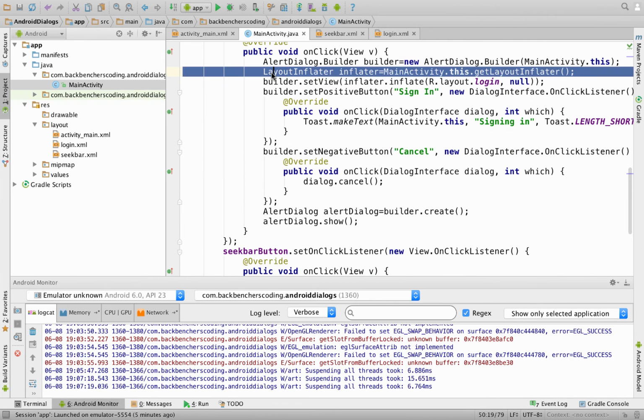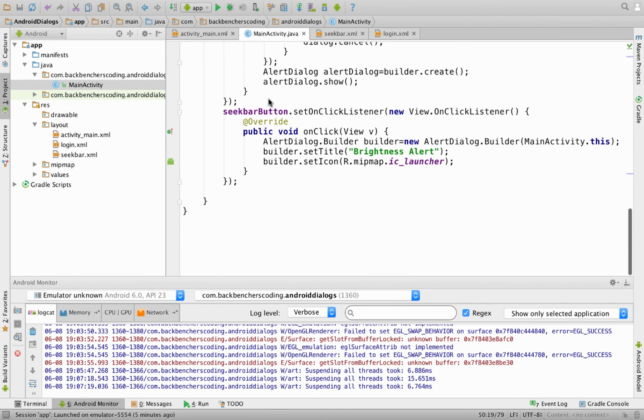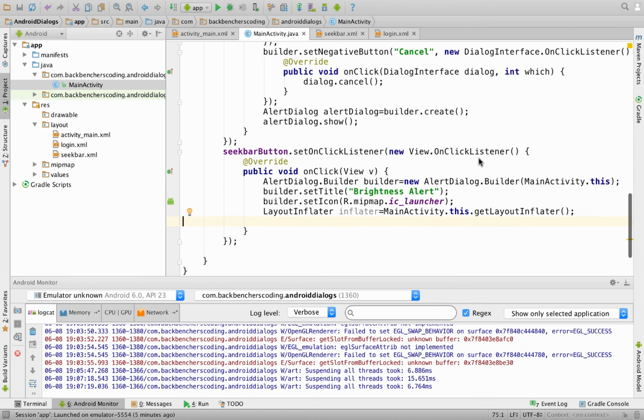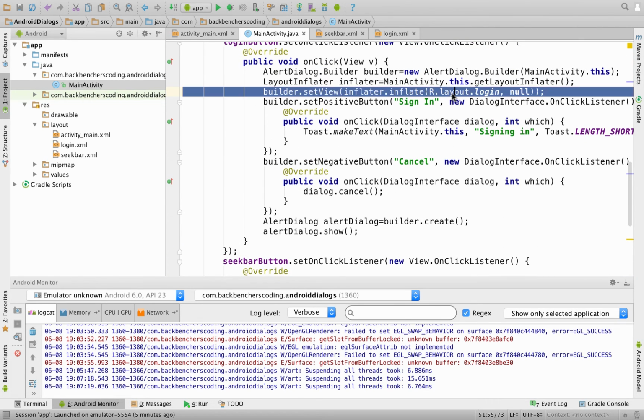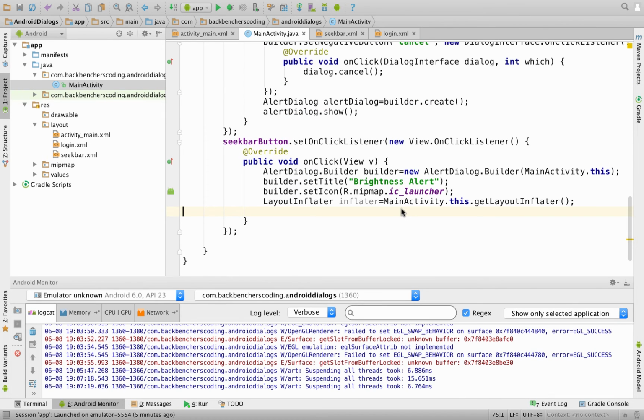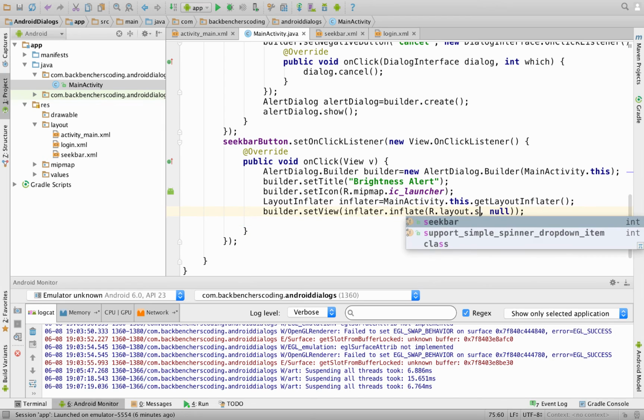So we go here, copy this statement and paste it over here, and we use the setView method and inflate seekbar.xml over here. So copy this statement again and paste it and change the layout to seekbar.